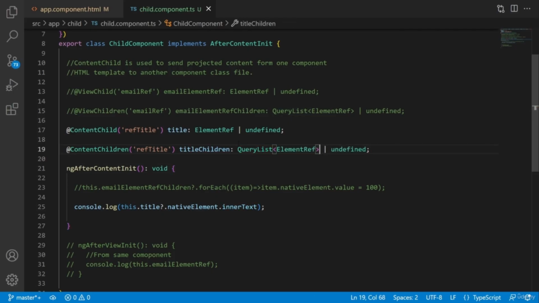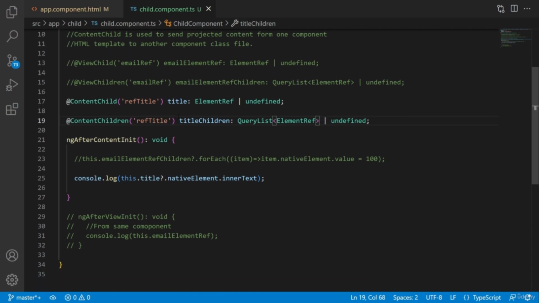You know, QueryList is used to iterate multiple items in a list. Now this property is a list of elements, right? It's not a single element, it's a list of elements. A single element is this ContentChild, okay? Now we have to iterate this list inside the ngAfterContentInit hook method,